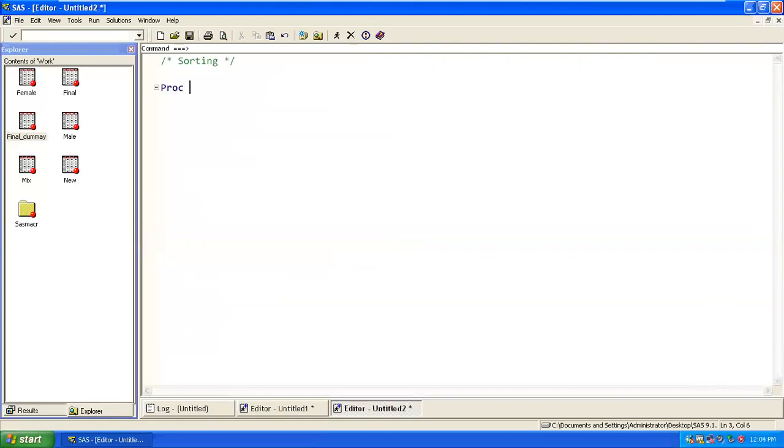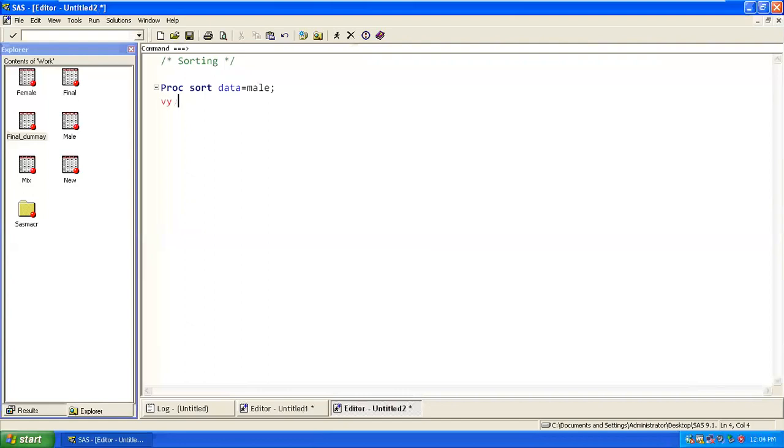So the keyword is PROC SORT. Sorting will be done through ascending and descending, correct? And sometimes, if your number of occurrences is duplicate, for that also you can use the many keywords we have. So PROC SORT starts with PROC SORT DATA, where you need to define on which data set you want to apply it. Let's say I'm going to apply it for mail. Correct. So this is the general sorting procedure.